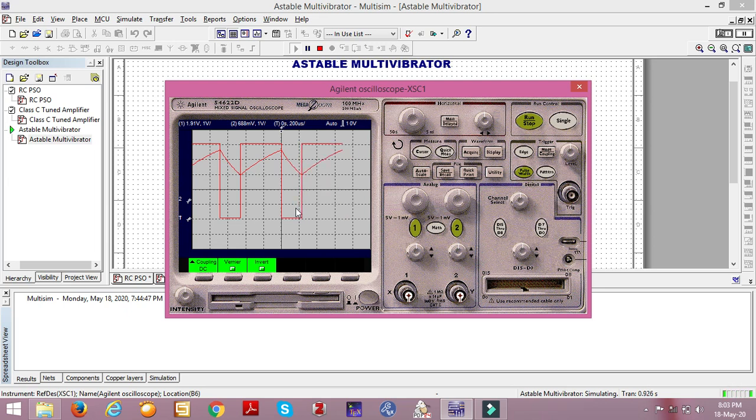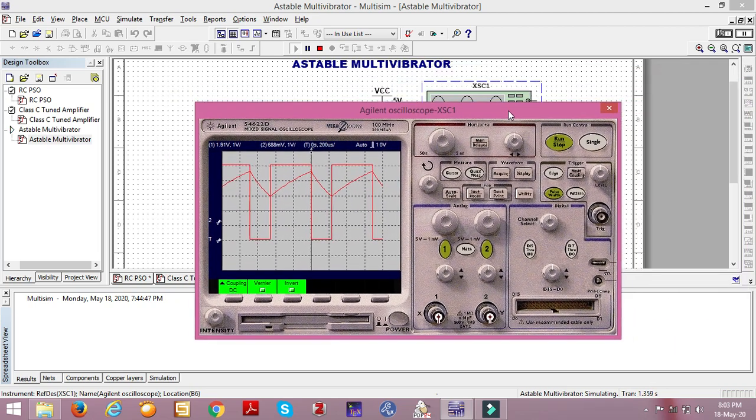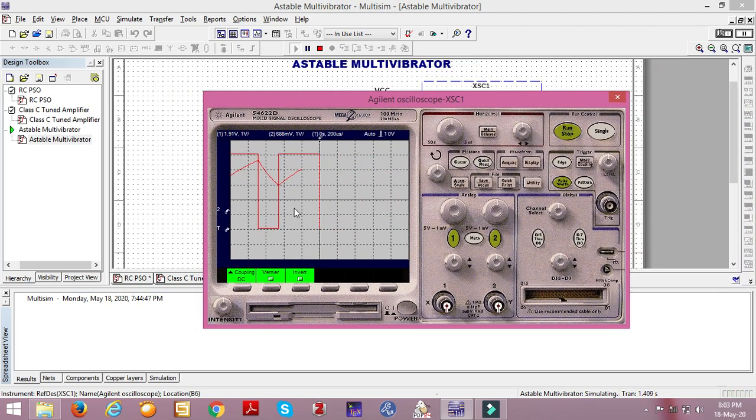It is like an oscillator. Okay, it is a multivibrator. It is going to switch between different states. There is no stable state for an astable multivibrator.